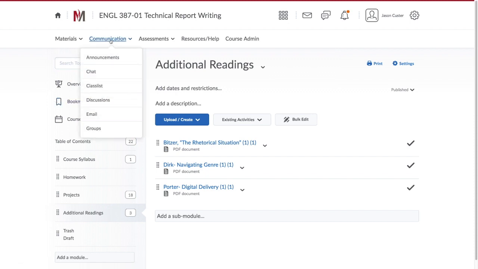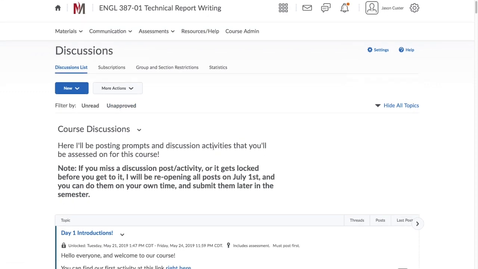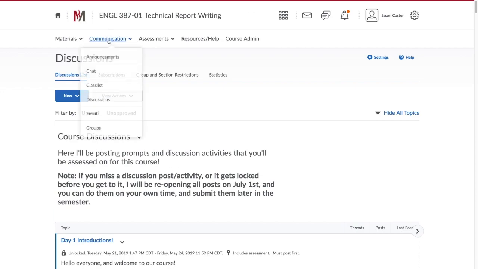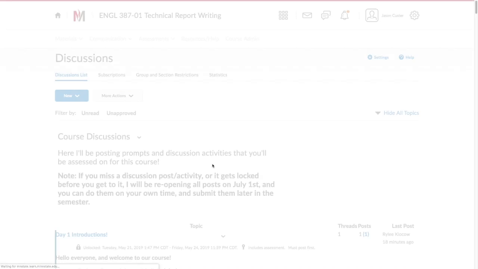Let's see, so if you head into the communication section, as you saw on the course policy sheet, the basic setup for the class is that we have 5 projects we're doing over the course of the summer, and then also a lot of your course assessment is going to be based on the discussion posts you do. Now, the discussion posts you're going to find in here under Communication and Discussions, and the